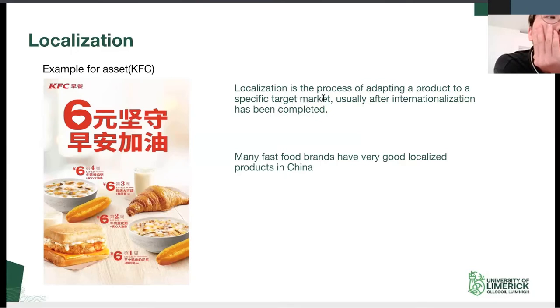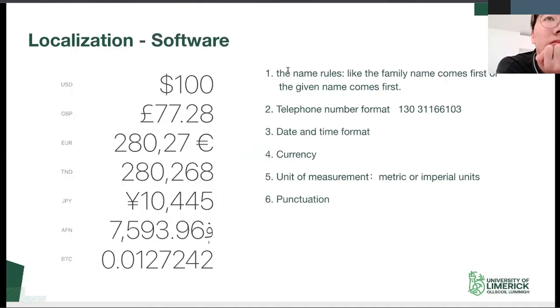KFC has been in China for many years and it has 5,300 restaurants in more than 1,000 cities in China. Good localization is the reason KFC can be so successful in China. Then how is localization in software? It is no doubt that software localization is very important to make local users use it comfortably and